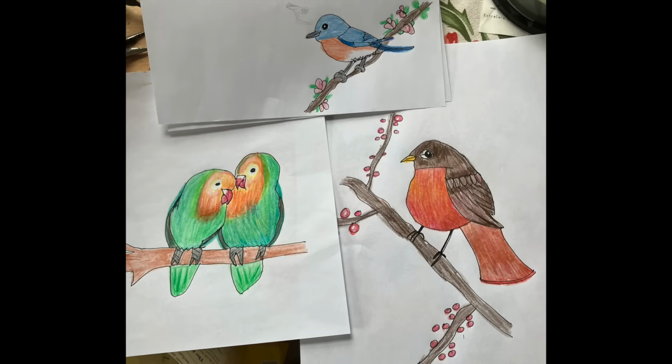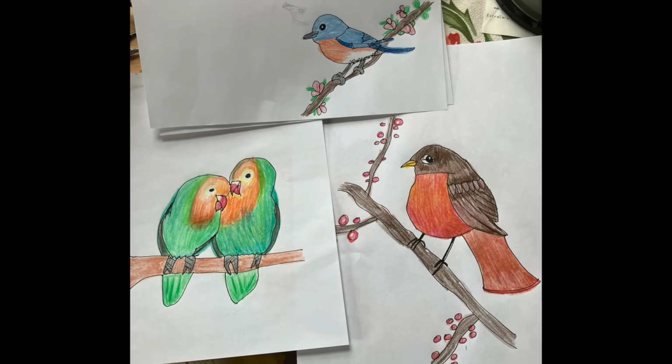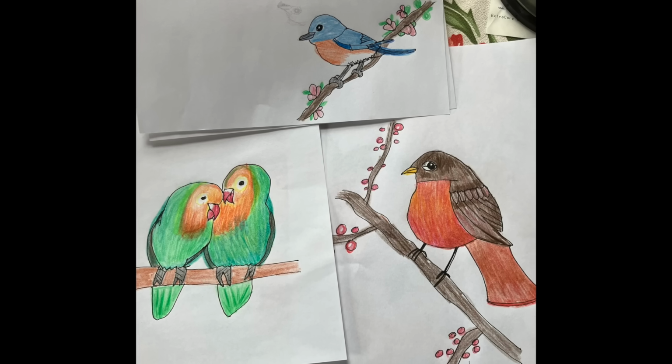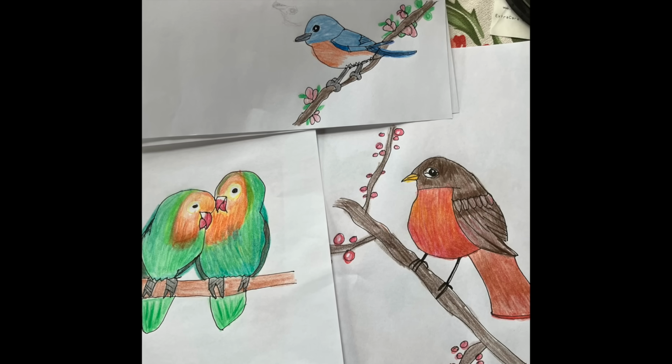So I'm going to turn the camera around and I'm going to show you the 3 pictures I drew the other day. I'm keeping it real and I'm keeping it honest. Here you go. So here they are, the little bluebird, the lovebirds, and the robin. Why am I showing you this? I am showing you this to encourage you to just feel good about stepping out of your comfort zone and trying something new. I know you're all like, what? The robin had such a big belly and the lovebirds kind of had a crooked tilt to their...